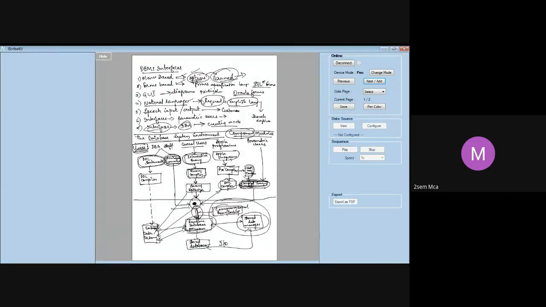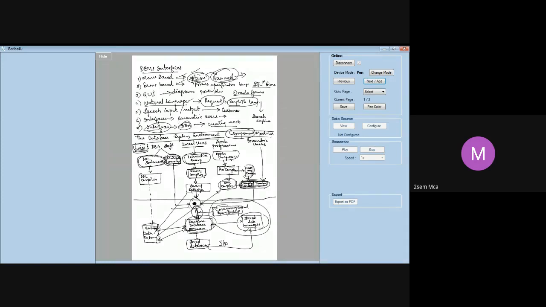Please draw the diagram, try to understand it and write it this way only. Don't start from any end and finish it at any other end. You will definitely go wrong. Is this clear? Any questions on this database system environment? Anybody? Any doubts? Are you able to follow what I'm trying to say?